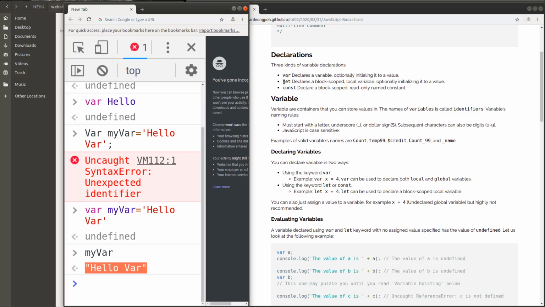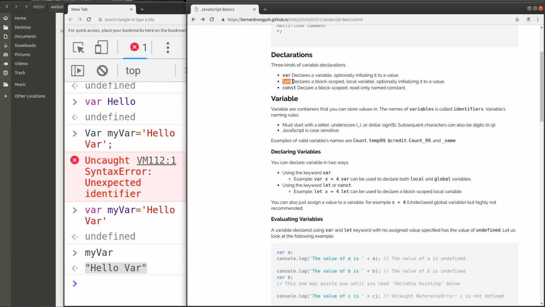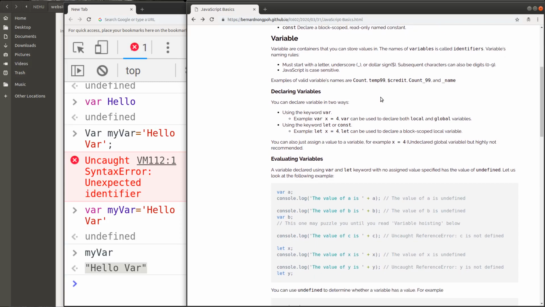Next, you can do it with the let keyword. It is new, introduced by ECMAScript 2015, that you can declare a block scope or local variable using the let keyword, and this is the same as var, where you optionally initialize it to a value. And the last way of declaring a variable is using const, which is a read-only named constant. While naming a variable, you have to follow some rules, and these rules are